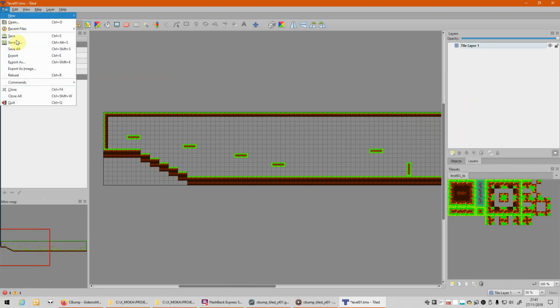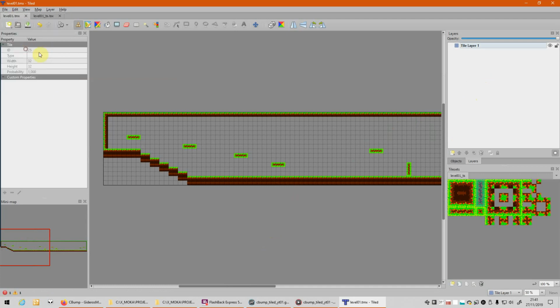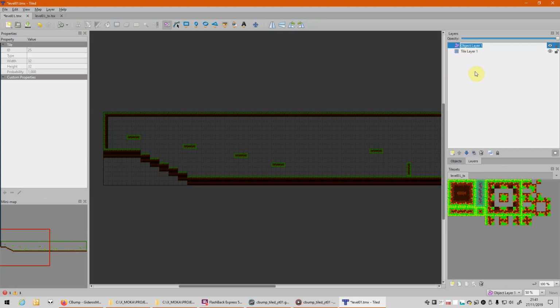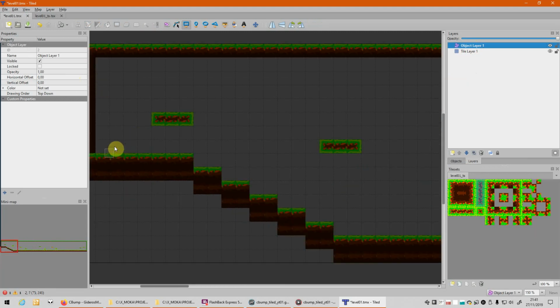I can save all. Now I need to create an object layer so I can position my player, my enemies, the coins. Tile layer, object layer. So that's an object layer. And let's pick the player.